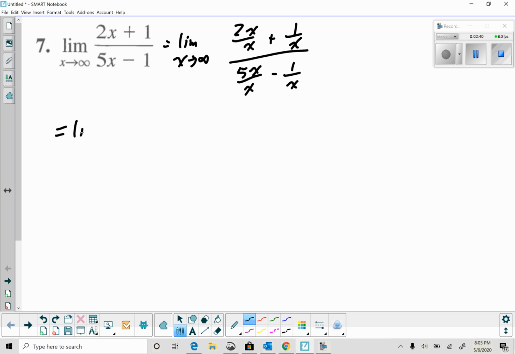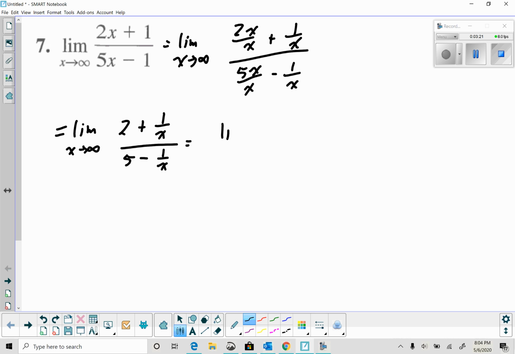So, how about a little algebraic simplification here? 2x over x just becomes 2. The 1 over x we leave alone. 5x divided by x is 5, minus 1 over x. Now again, that's an equivalent expression to what we started with. The original one doesn't have fractions in fractions. The original expression looks better to us, but it's not useful, because now we can say